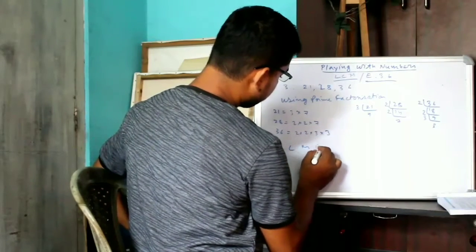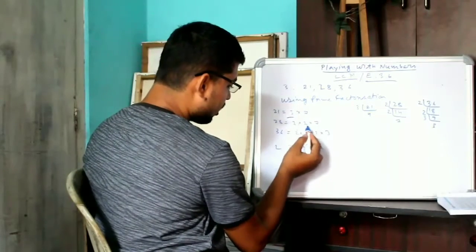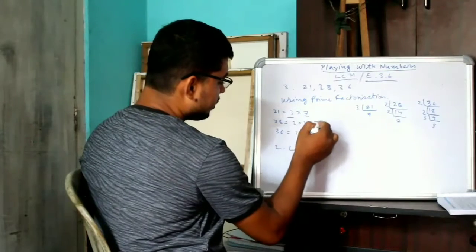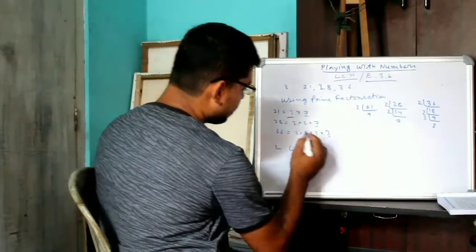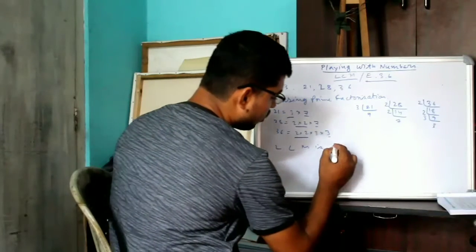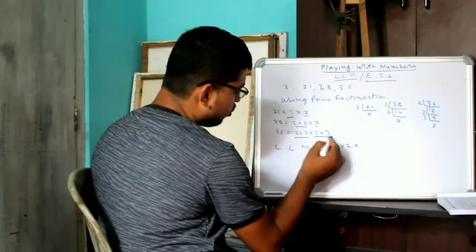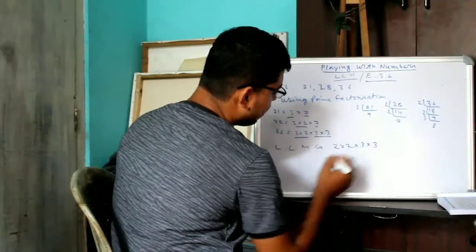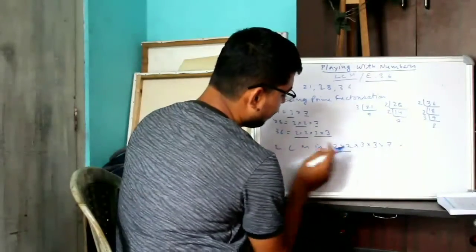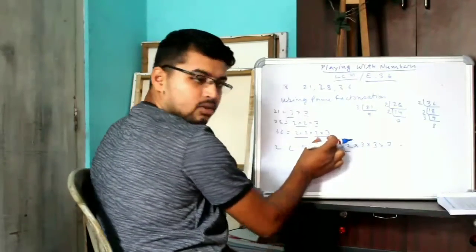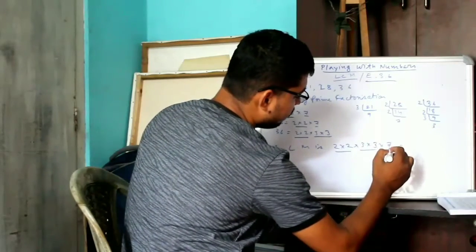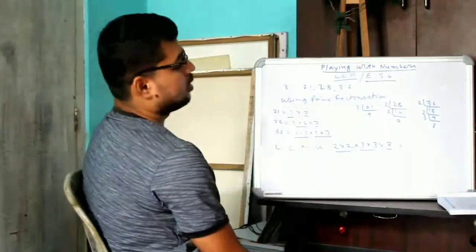For LCM, 3 one time, here no 3, here 3 one time. So 3 is not coming because here no 3. 7, 7, no 7. Okay, 3 only one time, and 2 how many times maximum? Two times. So 2 into 2 will come, then 3 two times, here one time. So 3 into 3 comes here, and another 7. The answer is 2 into 2, 3 into 3 maximum times, and 7 only one time. 4 into 9 into 7. Here the answer is